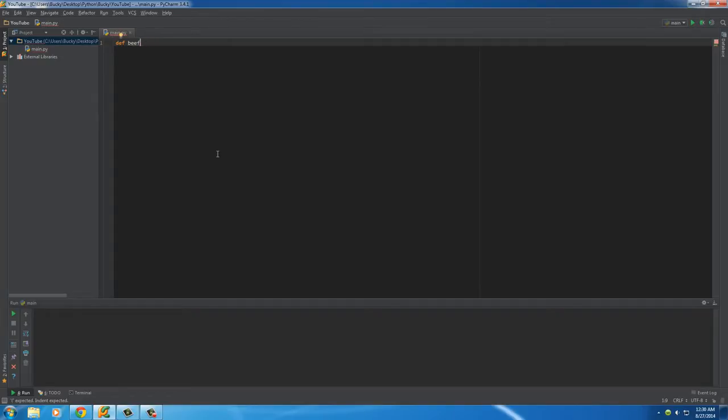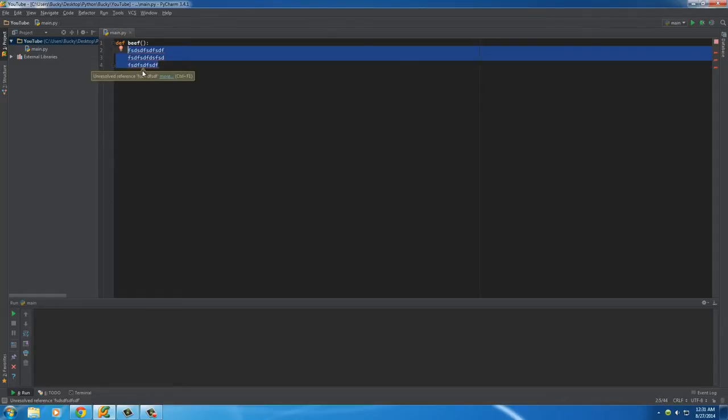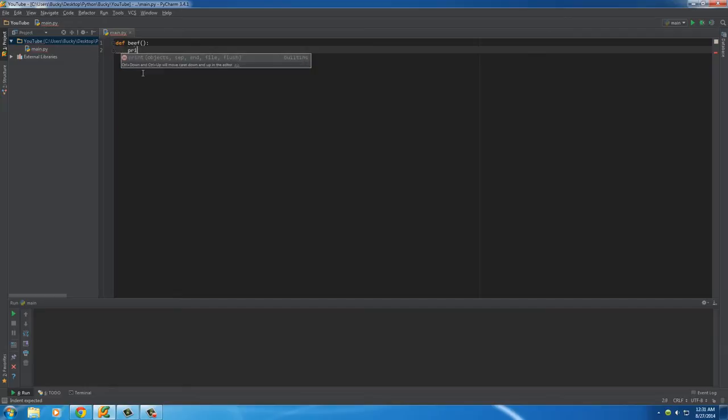Now after the name, add parentheses, and I'll talk to you guys about what you can use it for later on. But for now, we'll just put two empty parentheses. And the last thing for your definition is a colon. Now, after this colon, hit enter, and any line of code that goes in here is going to be part of your function. So any line of code that's inside your function, whenever you use it later on, this is the part that executes. So we'll make this a very simple function, print something out, and we'll just write